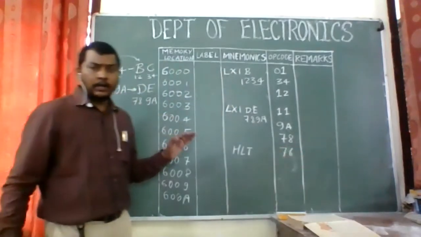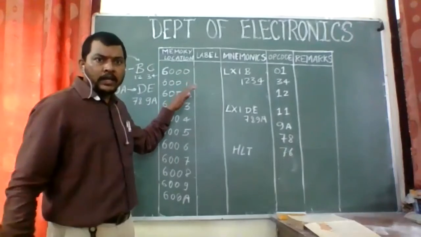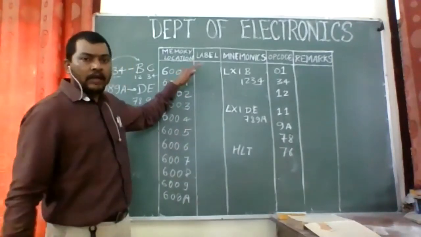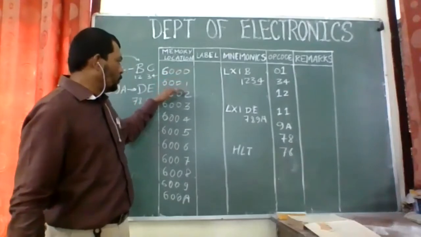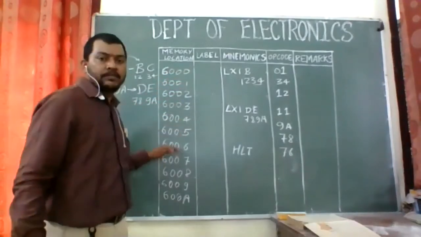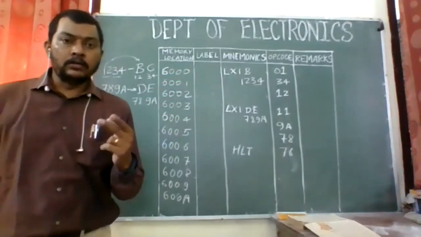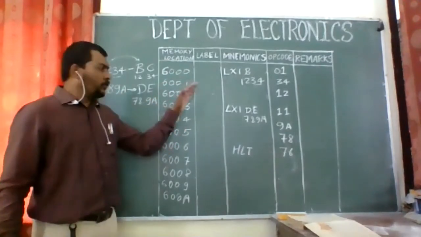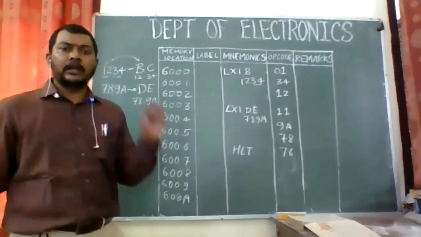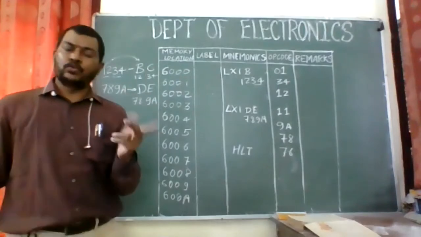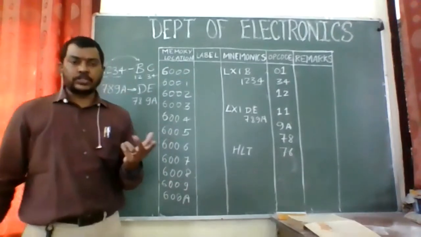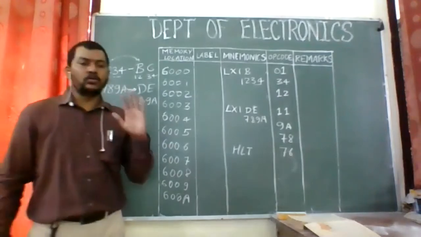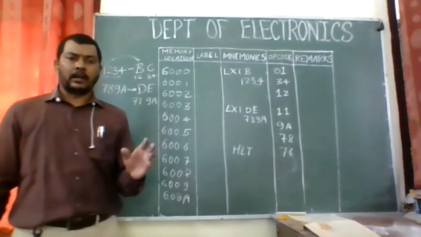So in the earlier program, how many memory locations did it require? 9 memory locations. Now we have reduced it to 7. So we have decreased 2 memory locations. So this was another program in which again we are transferring the data in BC and DE pair, but we are having 2 different instructions for that, and we have used those instructions. I hope you have got this, how to write a simple program of data transfer.